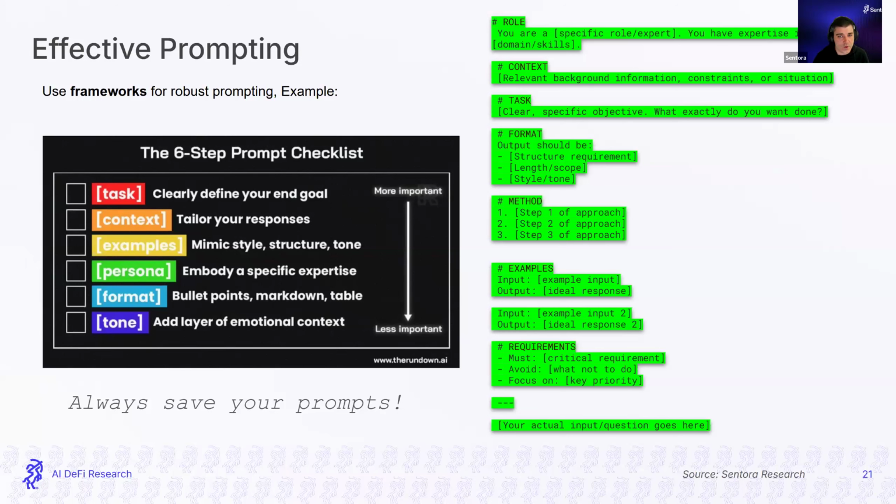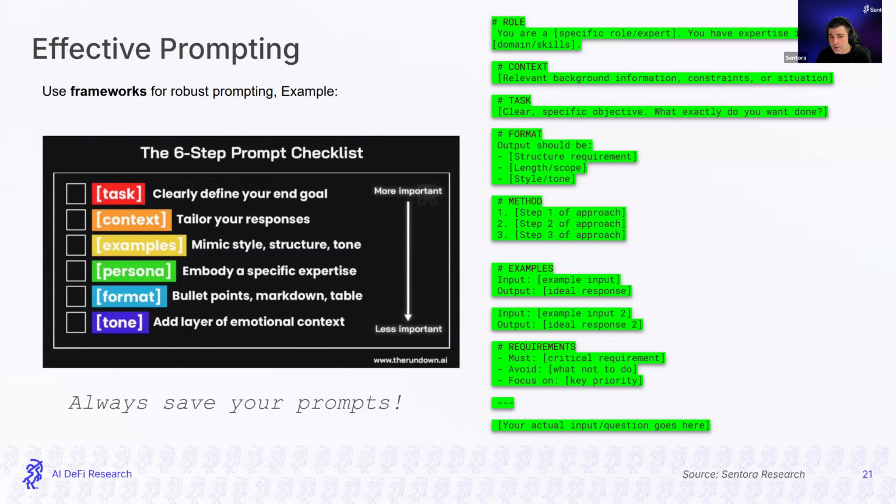It's also very helpful to have a context paragraph where we are referencing the materials that we provided before. There is always, of course, a task where we want to specify very clearly what the objective is, or what the output is, and what we want to have done. It's also extremely helpful to add some hints on the format that we are expecting: if this should be a report, how long it should be, which is the tone, the length, the scope, if it's a dashboard, if we want to add some charts or some raw data, some tables.